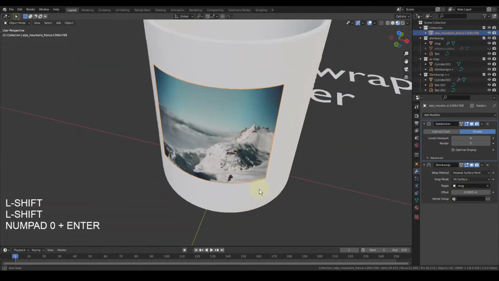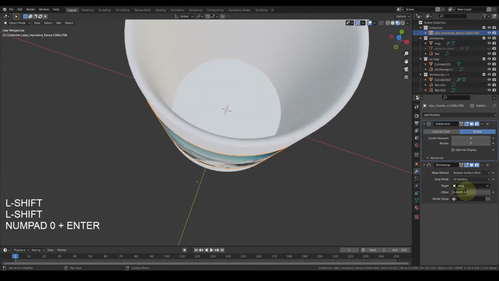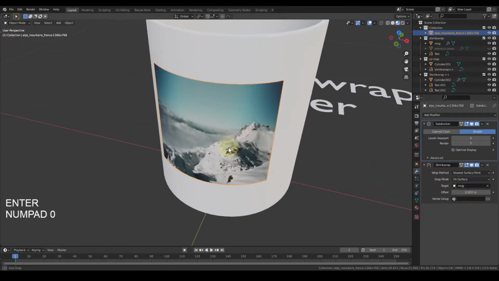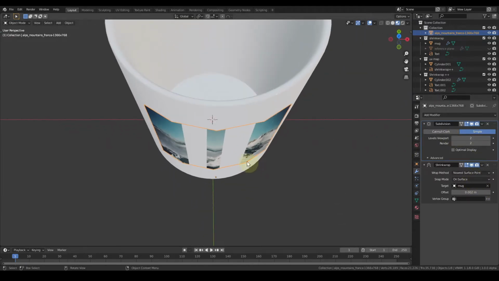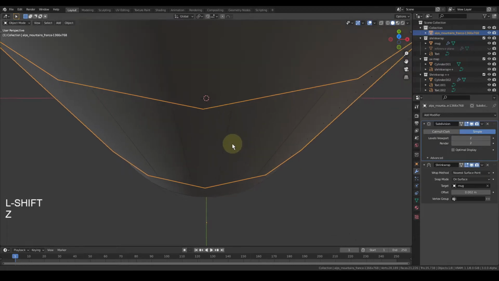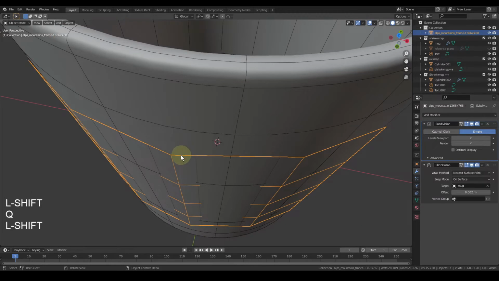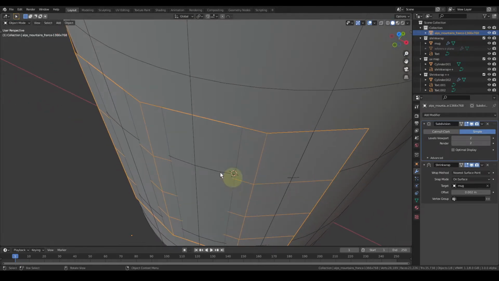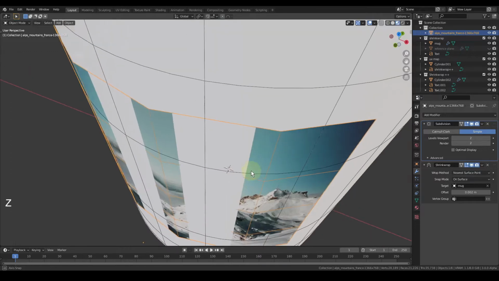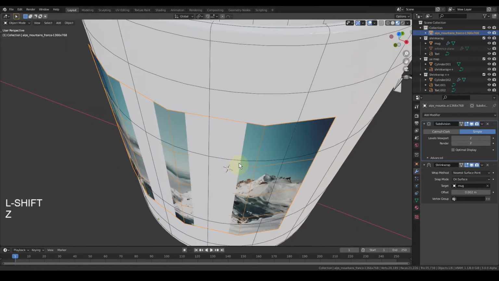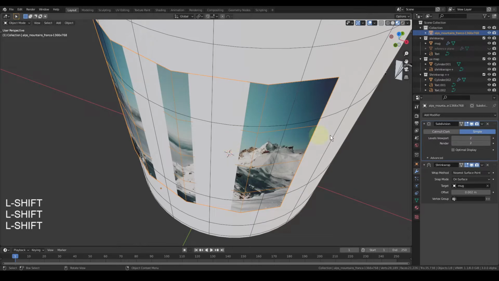So initially the reason it wasn't working was, let me enable wireframe mode. You can see between these two edge loops, the flat plane is there. So this flat plane is intersecting with the surface of the mug, and that is why we are not able to see the image properly.